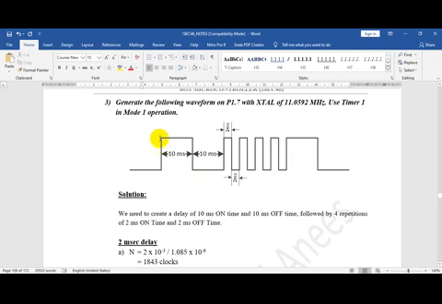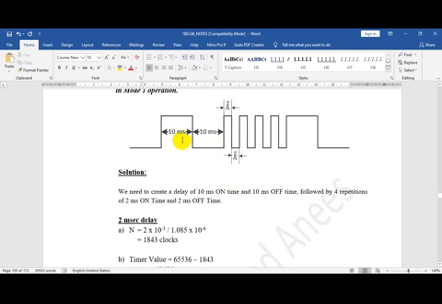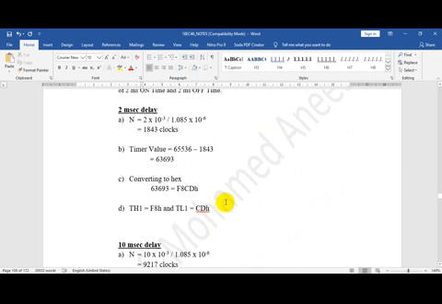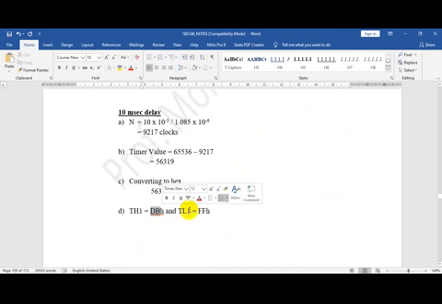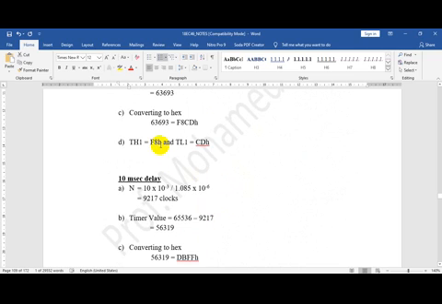This waveform once you have to generate, and this once, twice, 3 and 4. 4 times you have to call this. So you calculate the value for 10 millisecond as well as 2 millisecond. For 10 millisecond it is DBFF, for 2 millisecond it is F8CD.